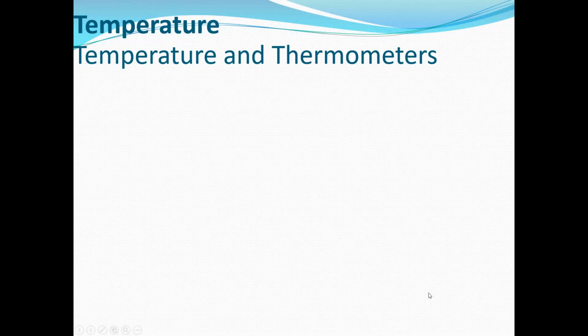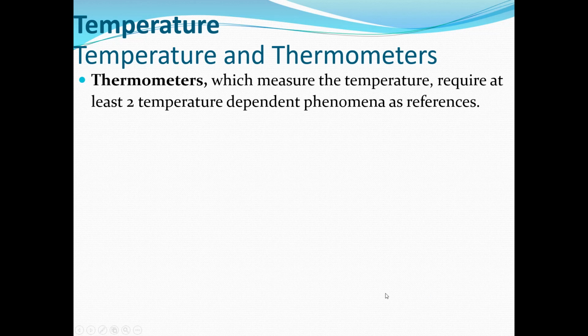All right. So thermometers, as you know, are used to measure temperatures. Now, the way we actually set up a thermometer is we need 2 points, typically, in order to get the scale. Usually these temperature scales use 2 points that are based off of some sort of phenomena as a reference. So for example,